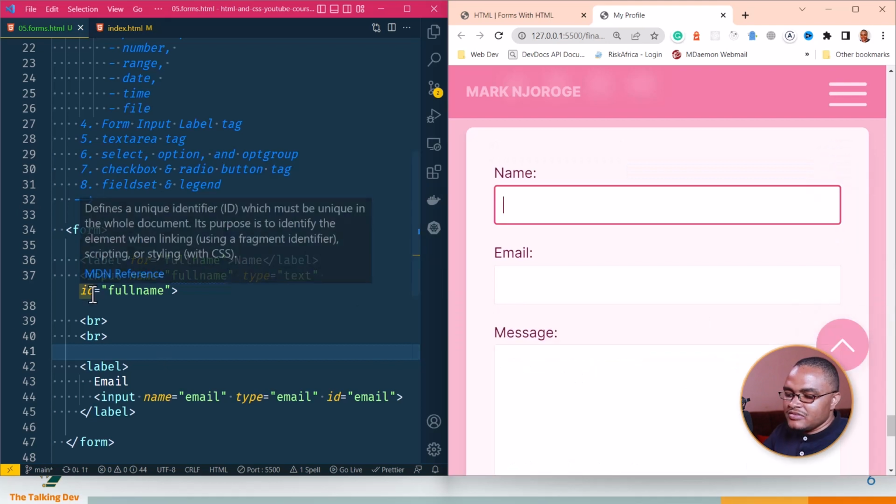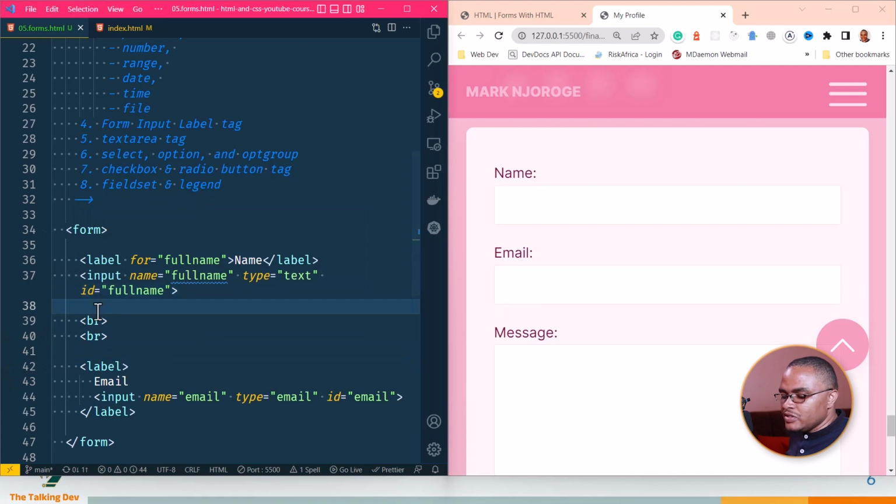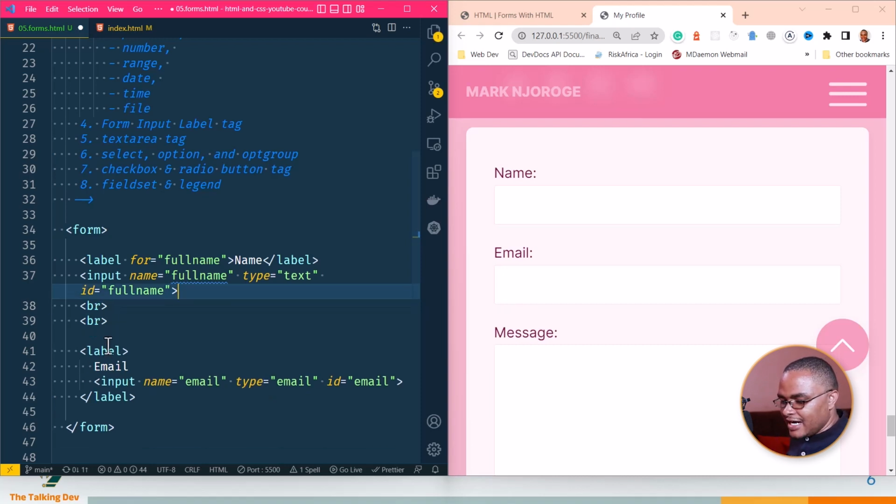But I wanted to show you how most of the time when it comes to these forms, when it comes to naming them, for the label you name with the same name that you use as the name of the input and also as an ID. And remember, when you use things like ID, there can only be one ID of that name in the page. So that's how we add label